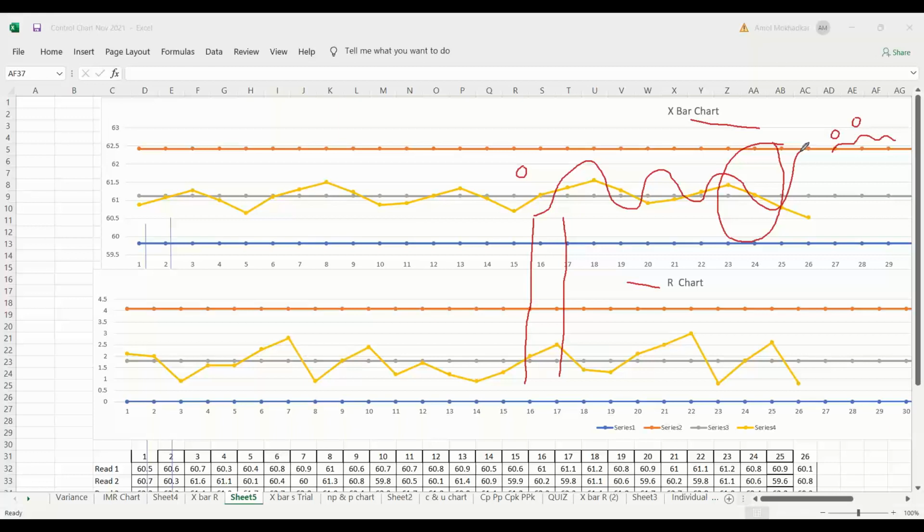Like if your operators are changing, at least you should take all 3 shifts data, to capture the variation of the people. When they come in on Monday, variation can be different, and towards the end of the week the variation can be different. It's the inherent nature of the process. So what you should do, you should collect the data of all the 7 days or at least 6 days, and then you calculate the trial limits. So that will depict your total variation of the process properly. Okay, Pawan?